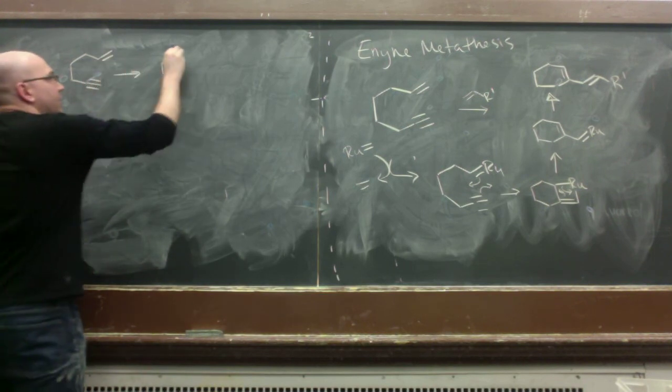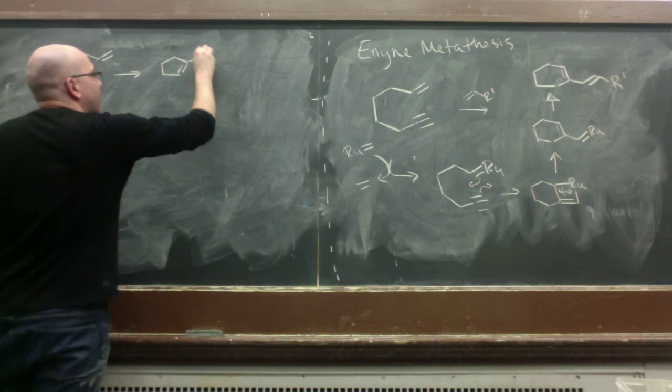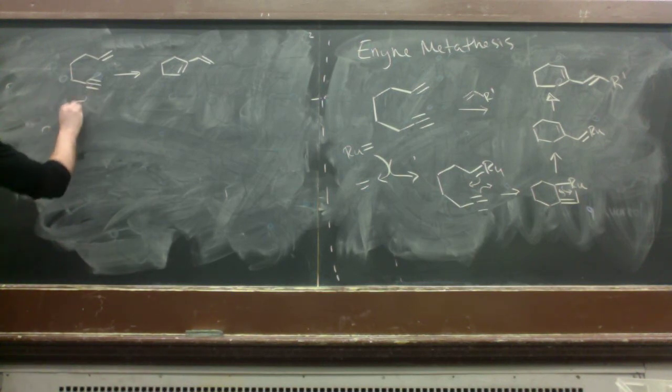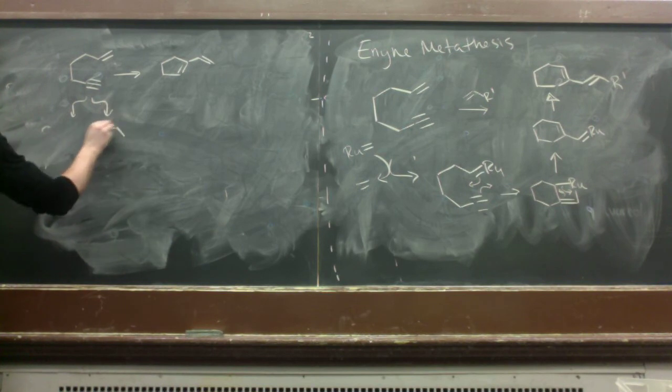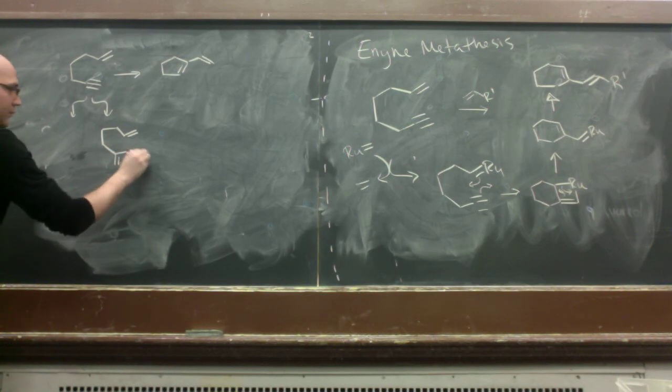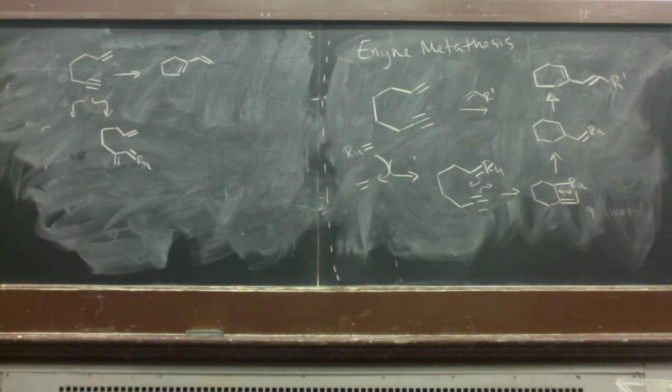Right. In this case, now you're getting a 5-membered ring, and I'll explain what I'm talking about in a second. You get that one. If you did the alkyne first, the ruthenium could go one of two ways, right? And you can imagine a system where we get that alkylidene, as well as this alkylidene there. So if the ruthenium goes